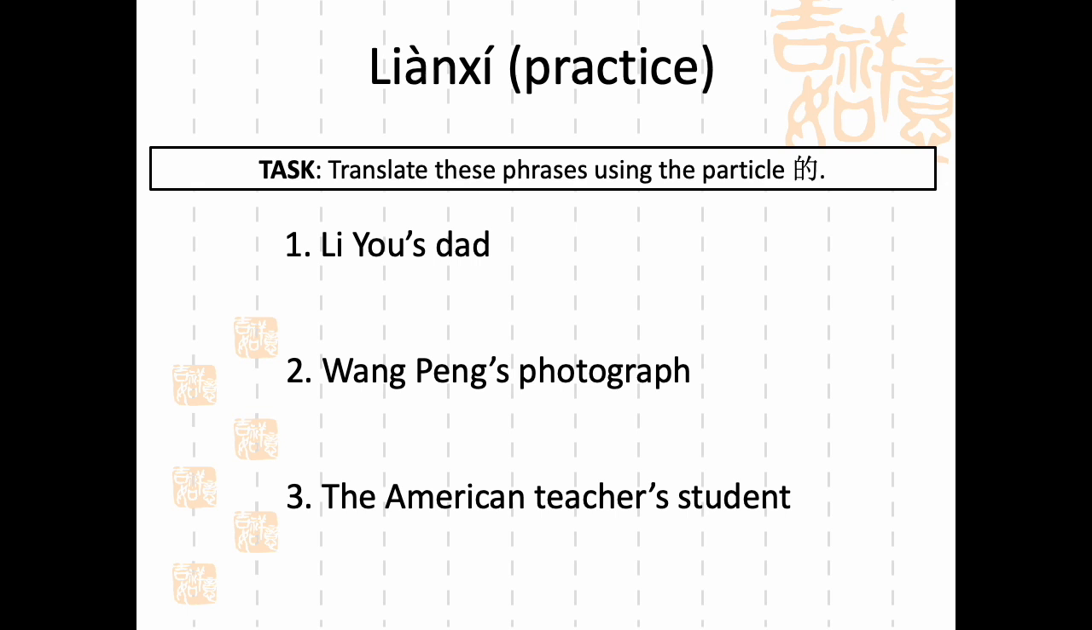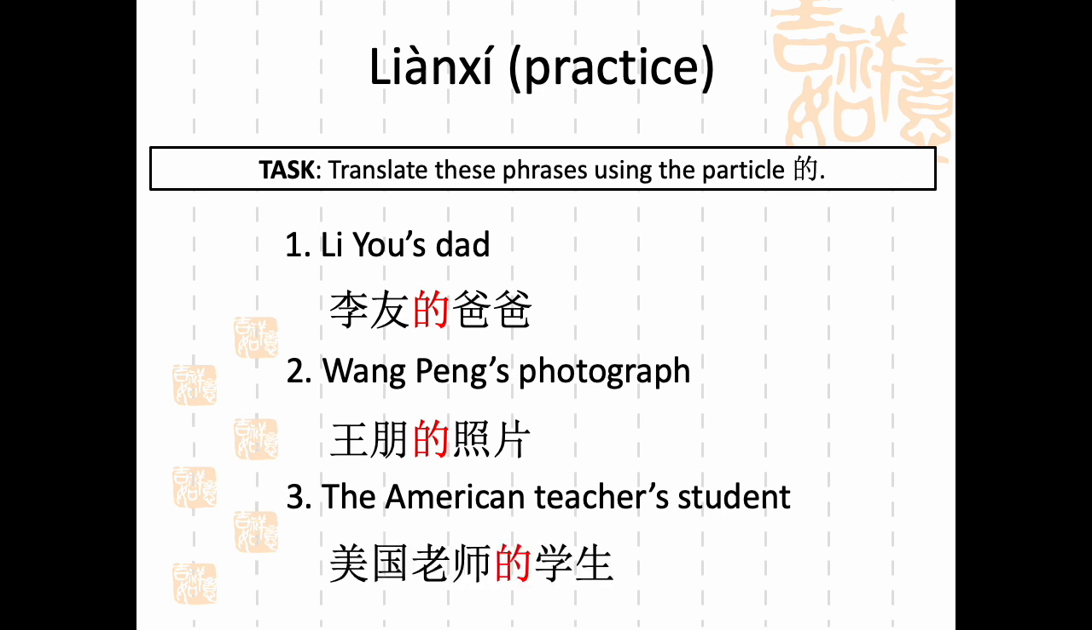第一 Number 1. 李友的爸爸。第二 Number 2. 王鹏的照片。第三 Number 3. 美国老师的学生。